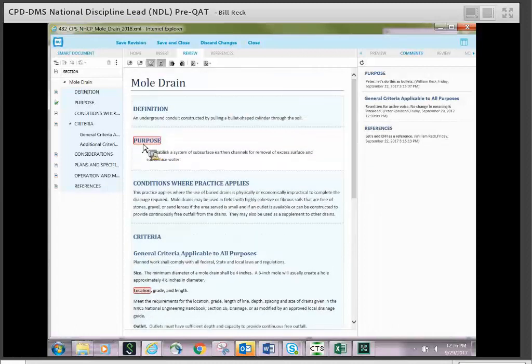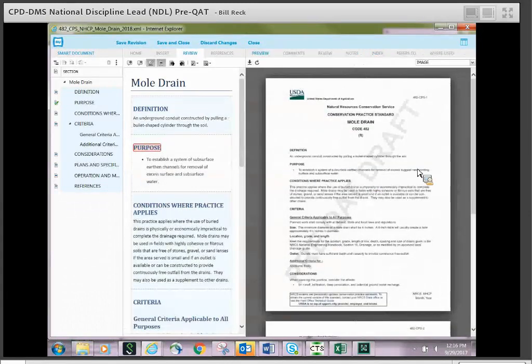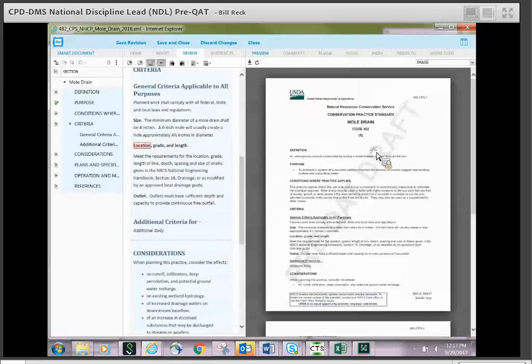Something else that you may or may not want to do, this purposes comment that's in here, the purposes don't actually show up in the preview. They're not going to show up in our final document. If you zoom in here, there's no comment that's in the document. So I could leave that purpose there and it's not going to actually hurt anything. I could also